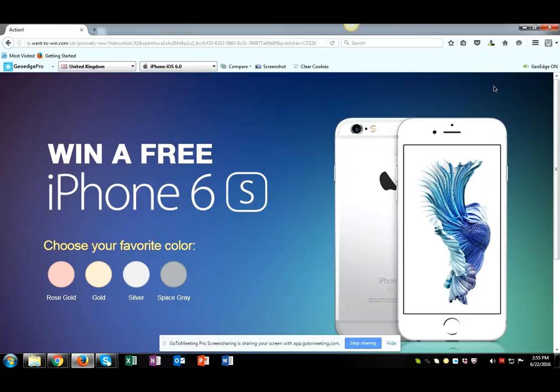So therefore, we're going to send them to a different offer. We're not going to send them to the same offer again. So that's why clearing your cookies is important. It's not always a factor, but it can be. And if you're not seeing what you expect, then that's a good place to start.